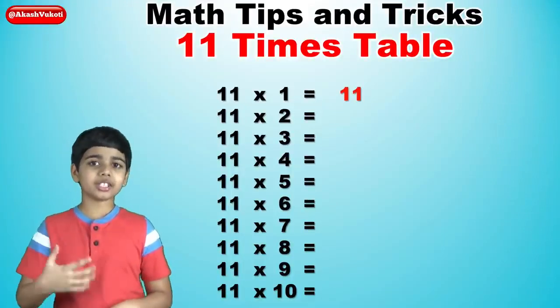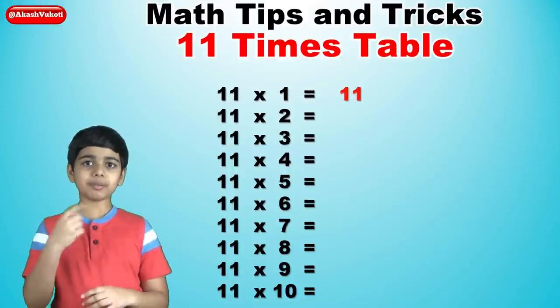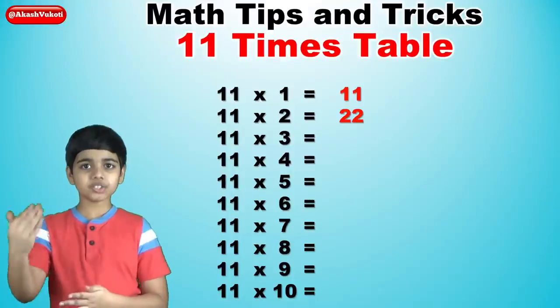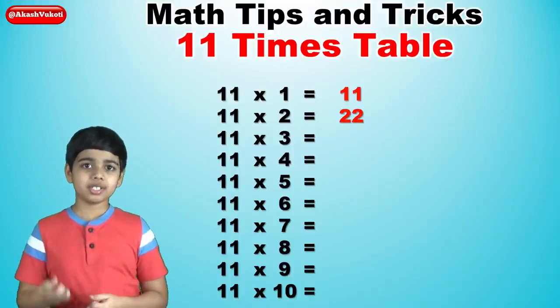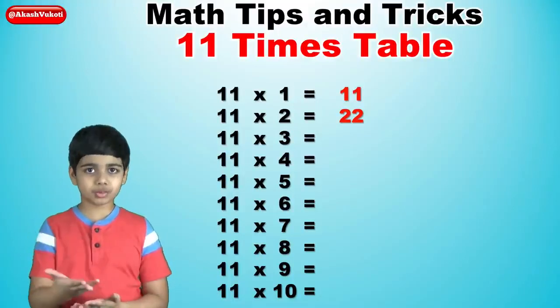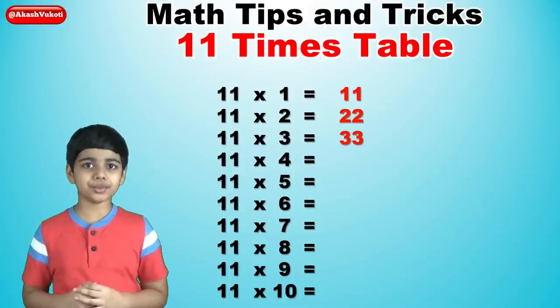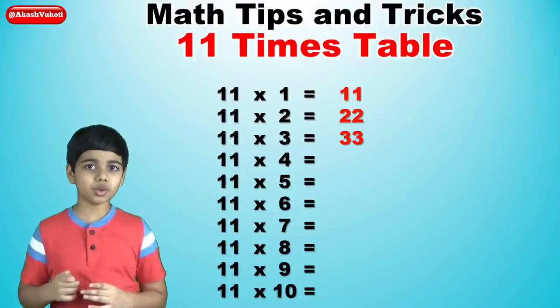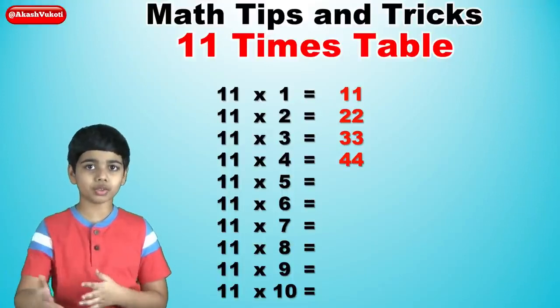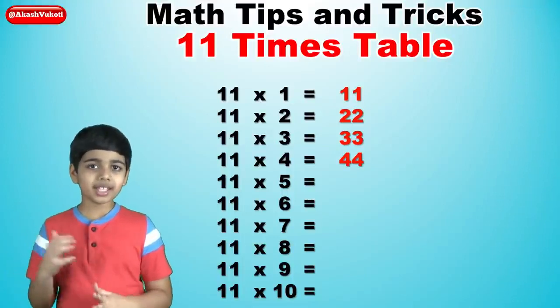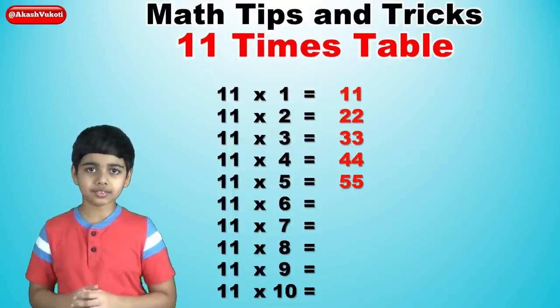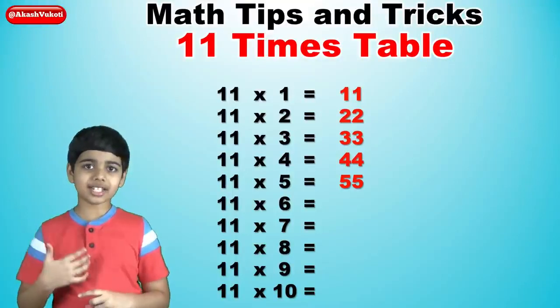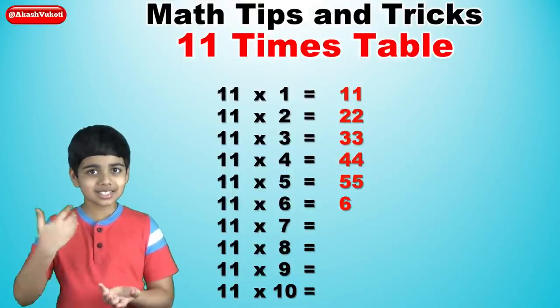Then 11 times 2. Take the 2, repeat it. So 2, 2, 22. Then 11 times 3. Take it and repeat it. 3, 3, 33. 11 times 4 is 4, 4, 44. 11 times 5 is 5, 5, 55. And then 11 times 6 is 6, 6,